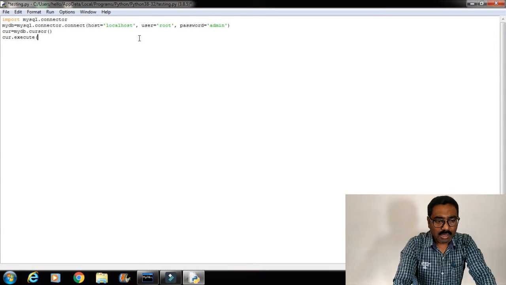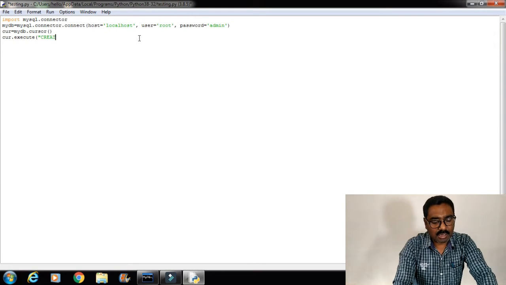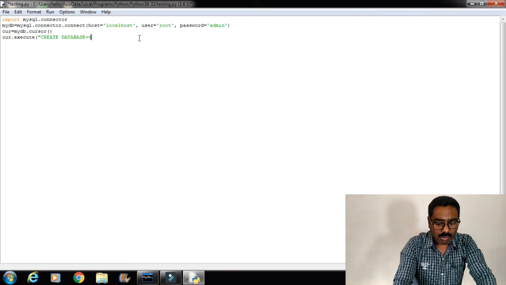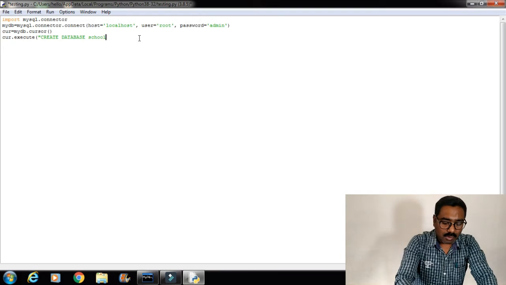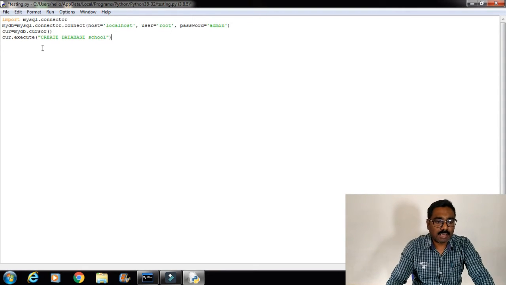Within a pair of double quotes, write create database school. Close the double quote, close the bracket. The command is create database school.